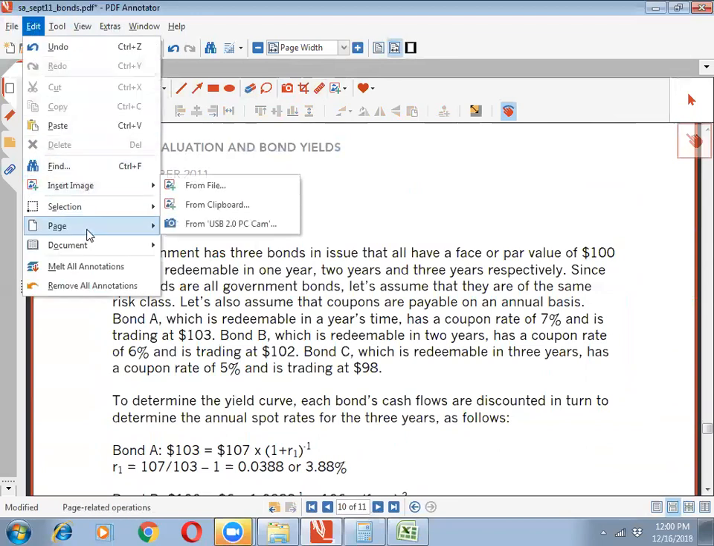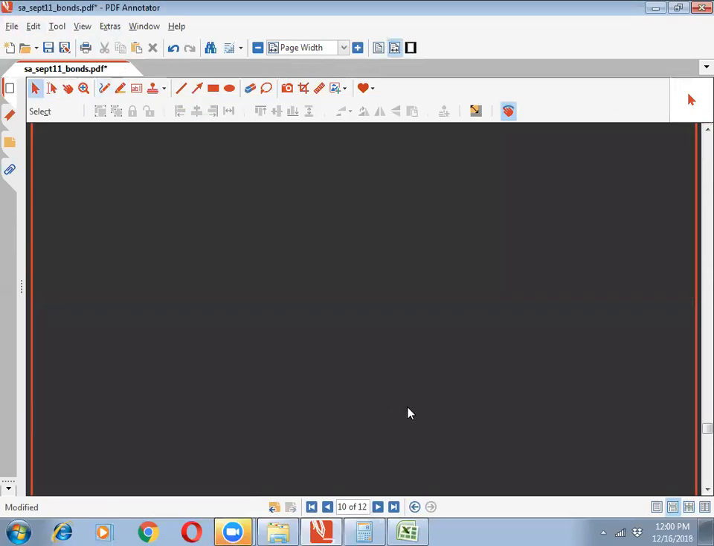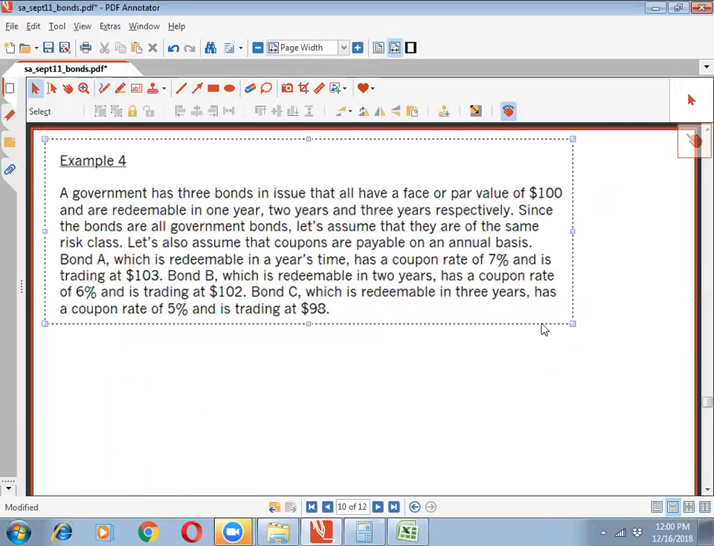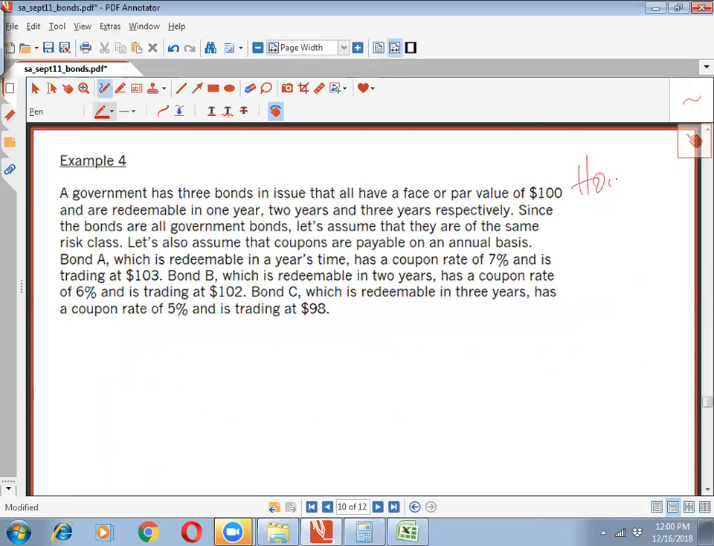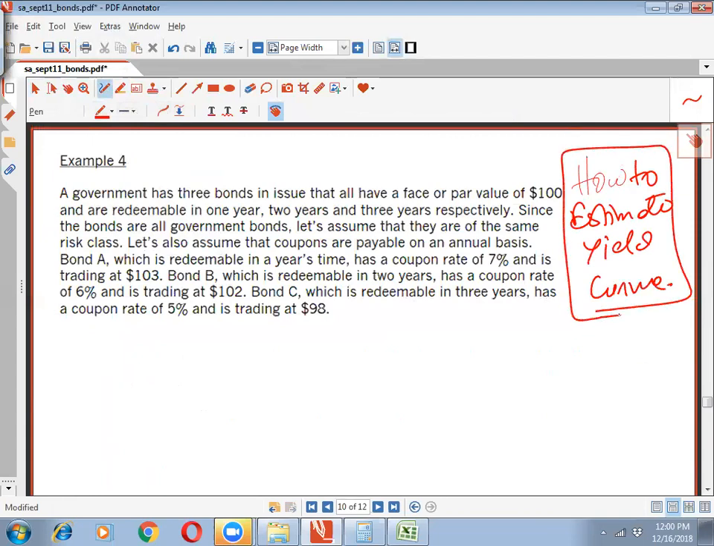So what are we going to discuss? We're going to discuss what if the examiner asks us to establish the yield curve, to estimate the yield curve. So now we are going to discuss how to estimate the yield curve. We have been given example number 4, where it says a government has 3 bonds in issue